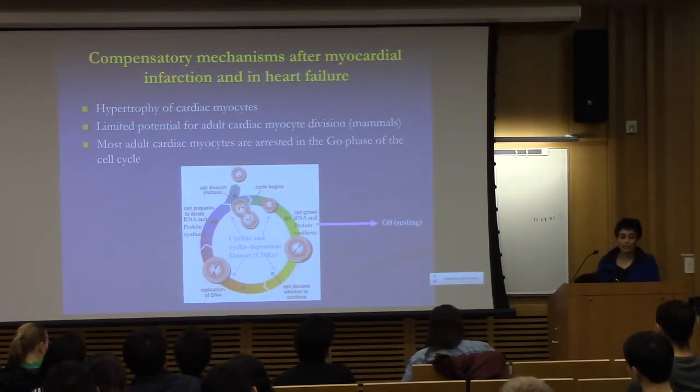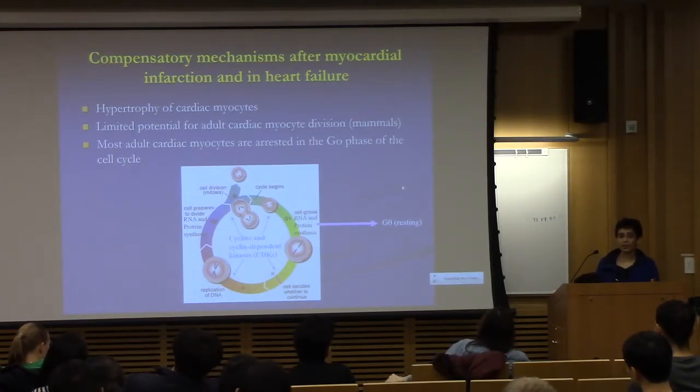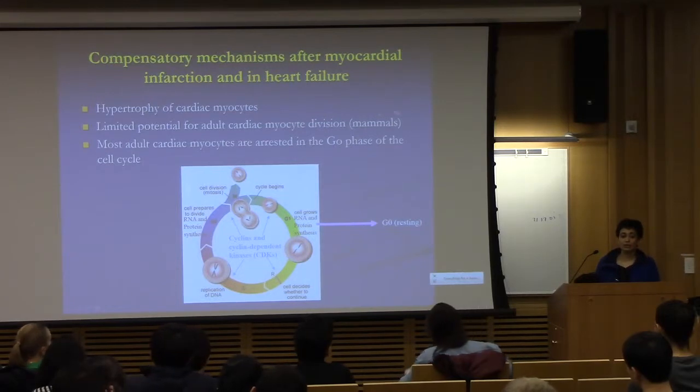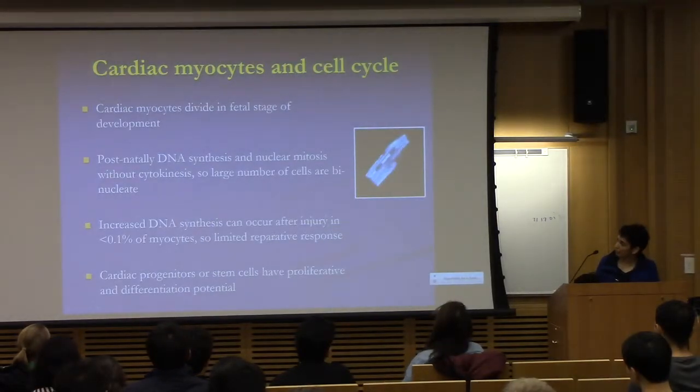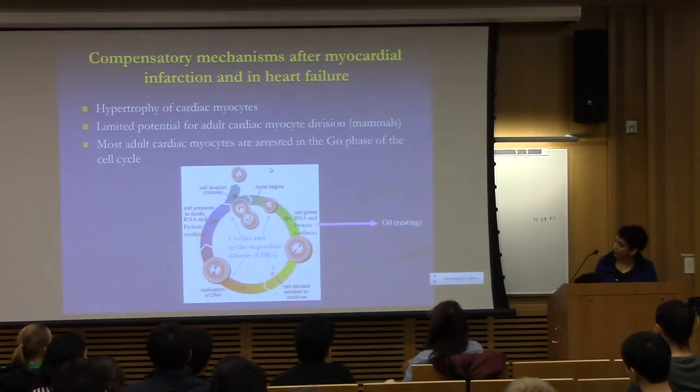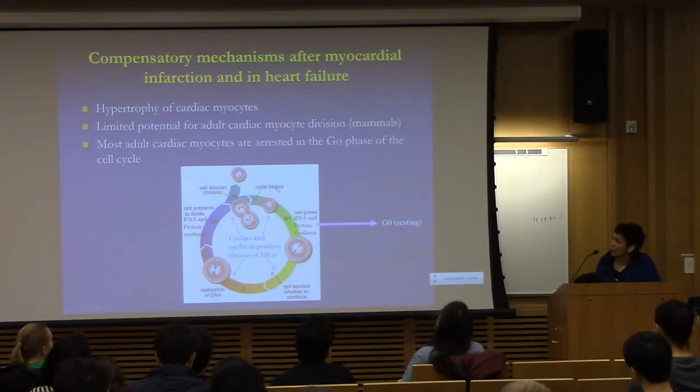So just to talk a little bit about what is the difference between the heart and the other organs like the skin and the intestine. The problem with the heart is that most of the cardiac myocytes are arrested, so they don't divide. So cardiac myocytes divide during fetal life or in the embryonic stage, but then most of them at birth are in